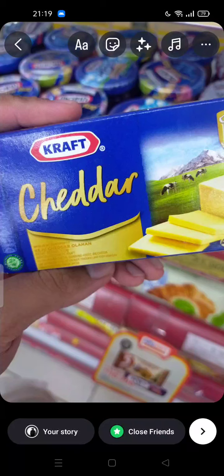Today I'm going to show you how to add message to reveal in Instagram story. So you can create hidden Instagram stories here. All you have to do is create your own story right now. This is for example, and after that you can tap on stickers